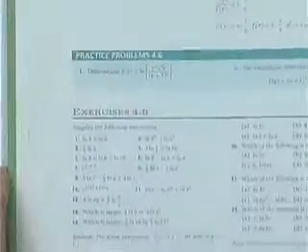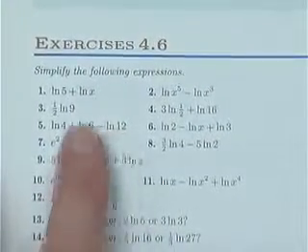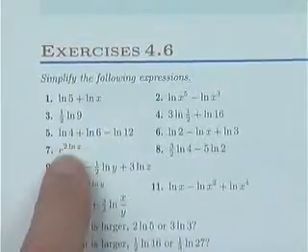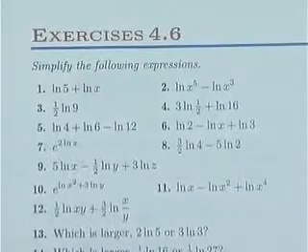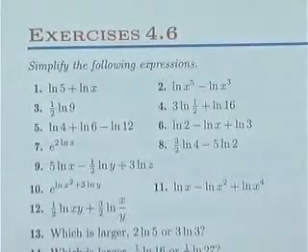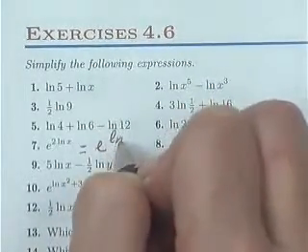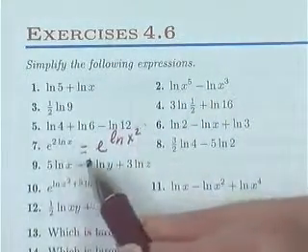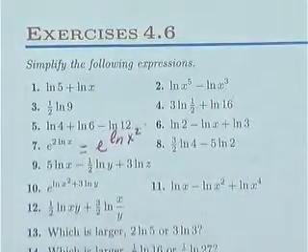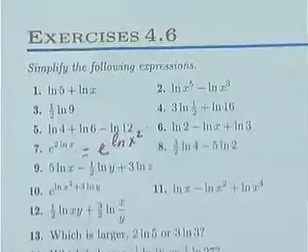Okay, the homework in section 4.6 starts out just giving you a little bit of quick review with logarithms, using the properties to write as a single expression. How would you handle number 7? How would you simplify that? Let's ease a problem. Okay, so before you simplify it, you need to write that as e to the natural log of x squared. And now what is that equal to? X squared. We saw that yesterday when we were doing some integrating. You had something like 2 log something or 3 log something. We had to simplify it before we could get our final answer. Okay,